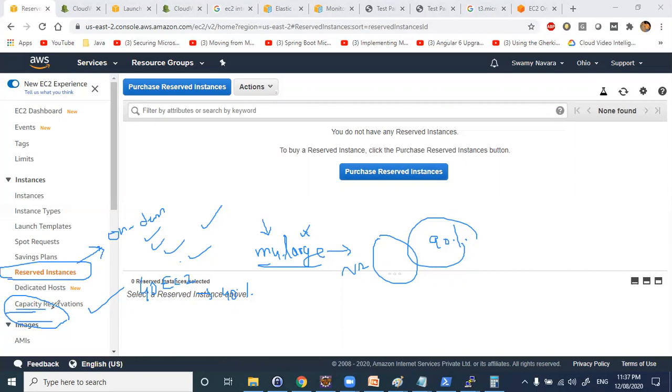And the third one is capacity reservations. Dedicated host we have seen yesterday. So a complete host will be given to you. So no other customers will be allocated in that particular dedicated host. So with capacity reservations, upfront, you will come and reserve some set of devices in this cloud, and you will be working with those capacity reserved devices. Even though you don't launch those servers after reserving, they'll still charge because they have reserved those instances for your use only.